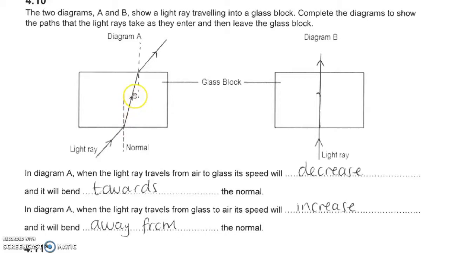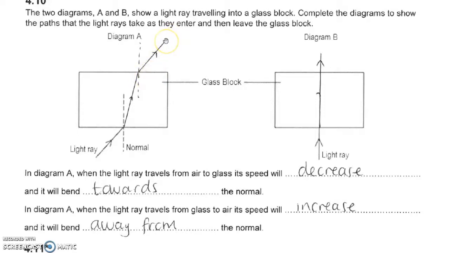Let's do the same principle. So our horizontal railway tracks, okay, are going along like this. This end is going to reach the air first, so it's actually going to speed up. So this part of the wave is going to speed up, okay, whereas this part is still going to travel slow, so we're actually going to bend this way away from the normal here, okay, so that's why the angle increases. One important thing to note down, this original incident ray is going to be parallel with this refracted ray here,